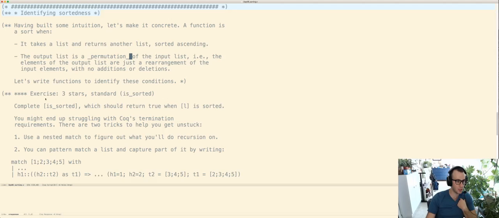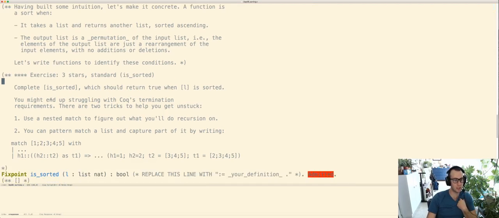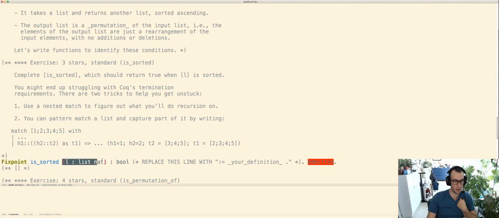All right, the first function I want you to write is a function is_sorted. It should take a list of naturals, and it should return true when the list is sorted ascending. Now, there's no reference to an original list. This has nothing to do with the permutation requirement. We're going to deal with these two requirements separately. Okay, so is_sorted. You take a list in L, and then we'll walk down the list and make sure that